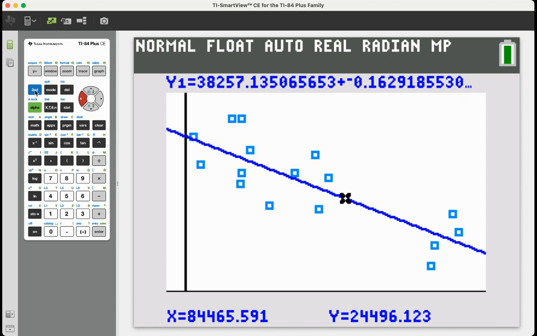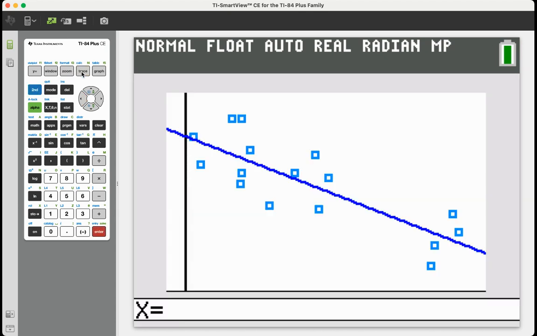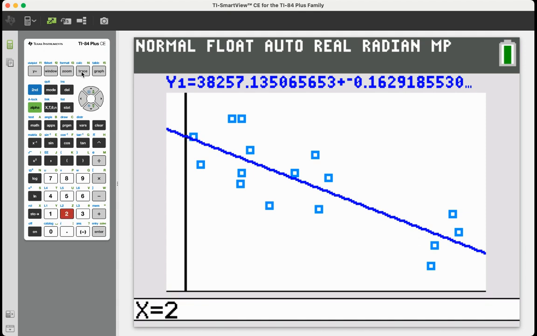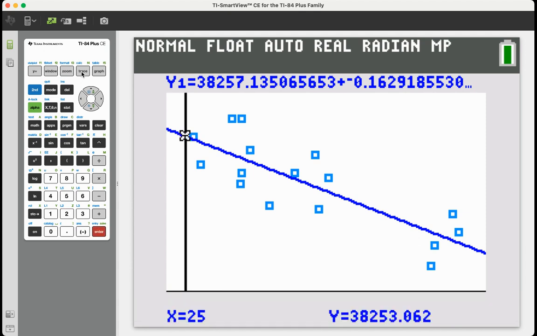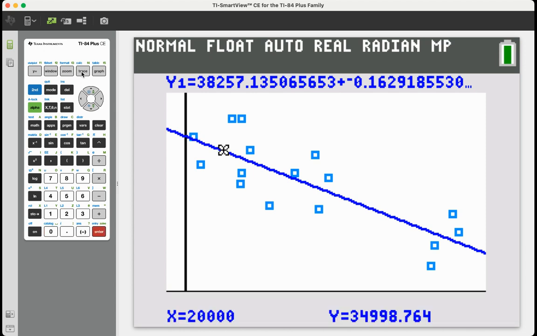Feel free to find any of the specific values by going right above trace to calculate. And if you want a specific value on that, you can just hit 5 and see what number you get, or you can hit 8 and see what number you get there, or even hit 25. Actually, most of these numbers are more like around 20,000, so that would show up better. But you can find exact values going right above trace. Hope this helps you out. These will be useful for getting your regression